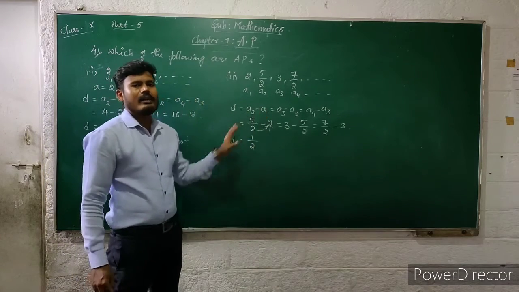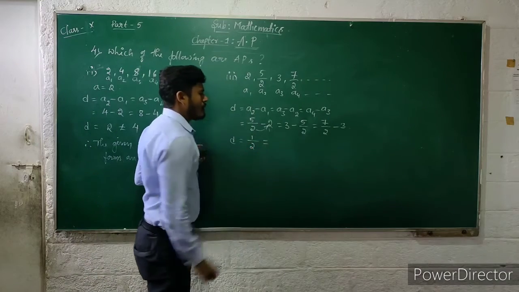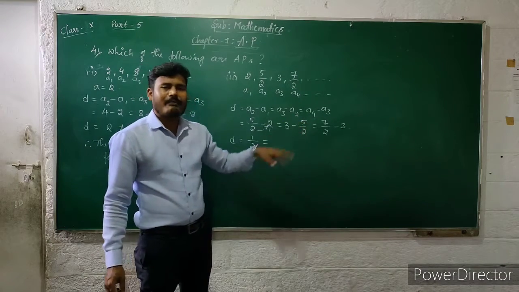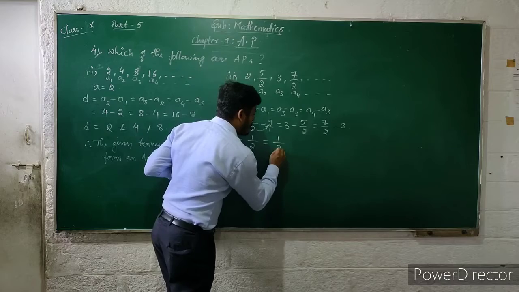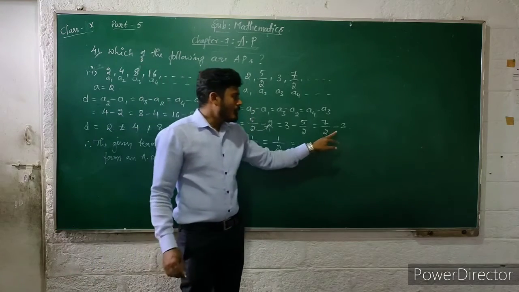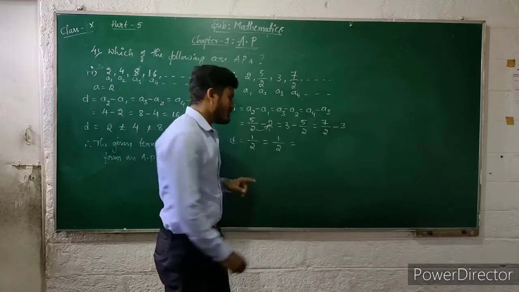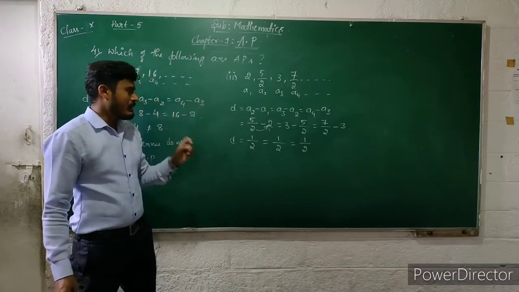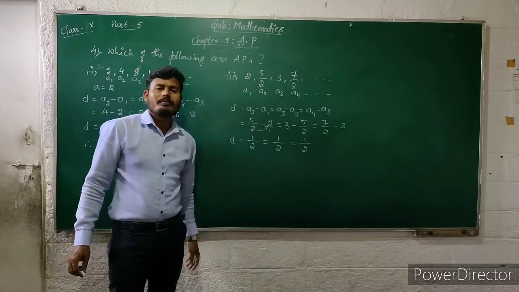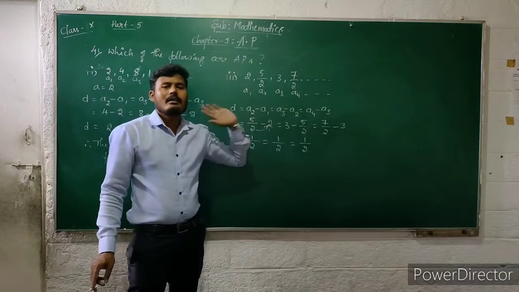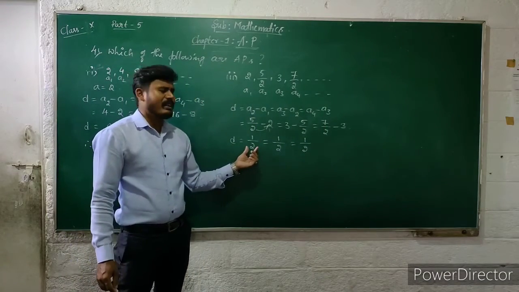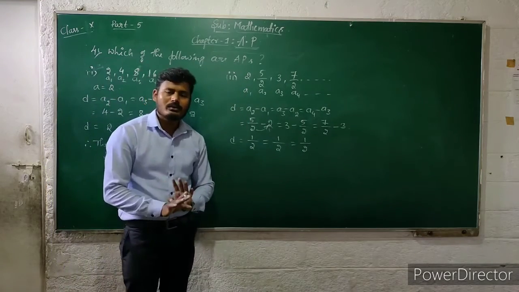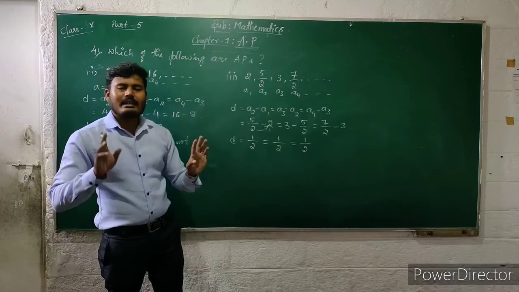You should solve these kinds of problems on your own. Then multiply 2 here, 2 3s are 6, 6 minus 5, 1, so this is also equal to 1 by 2. Then 2 3s are 6, 7 minus 6, 1, so 1 by 2, because the denominators are equal to 2. That's why 1 by 2, 1 by 2, 1 by 2 are the answers for these differences. So each and every common difference in the given sequence is equal to 1 by 2.